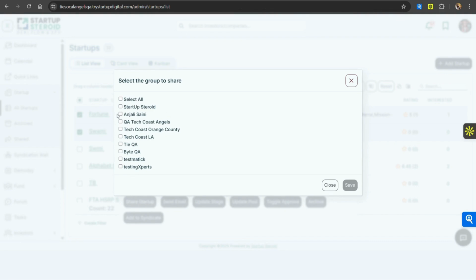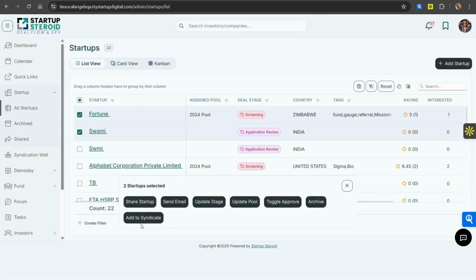So maybe I want to share it with Tech Coast Angels. I'm going to click on it, and this deal will be shared with them, and they can take that deal forward as their own individual deal, but they will know that this deal was shared with them via your white label. Similarly, this is the button from where you can actually add these 2 companies to the syndication wall.